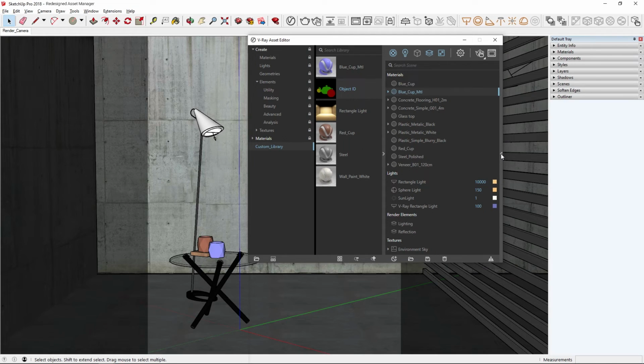Now, let's decrease the reflection glossiness of the blue cup material in our project, and then close the right-hand flyout menu. If we then drag and drop the newly adjusted blue cup material back into the custom library on the left, you'll see that I'm given the option to replace the version in the library. Or, to save it as a new material or to another location, we can right-click on the blue cup material in the outliner